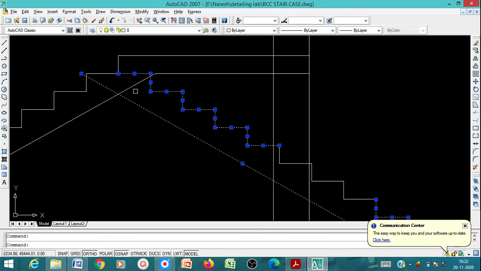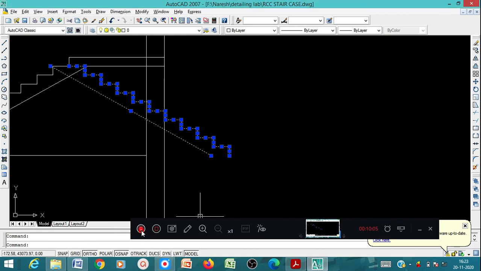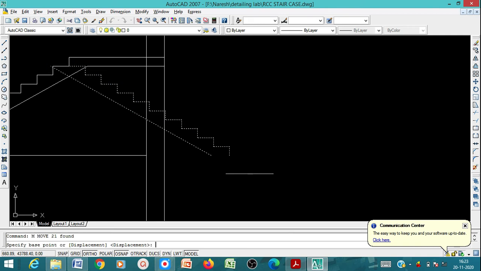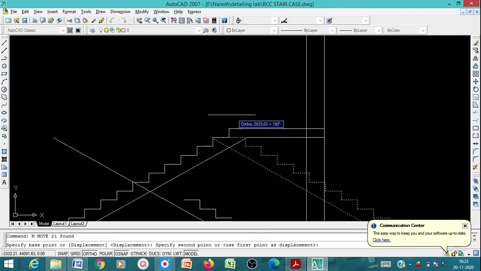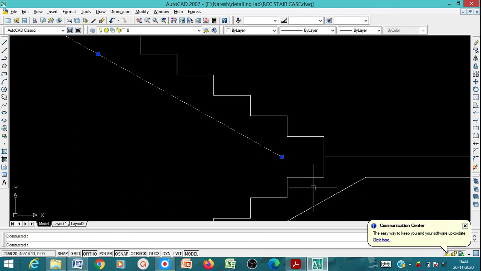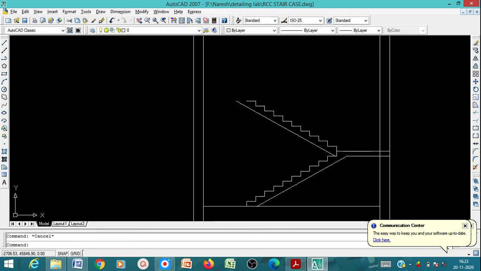Now you copy this. Select, then you have to say move, enter, then keep it here. This is over now. You can use the extend command, extend, double enter, so you can extend it.